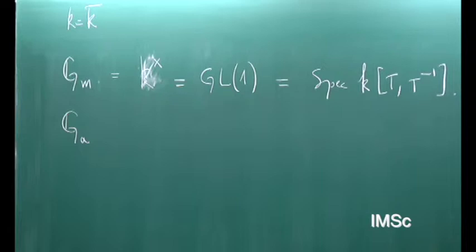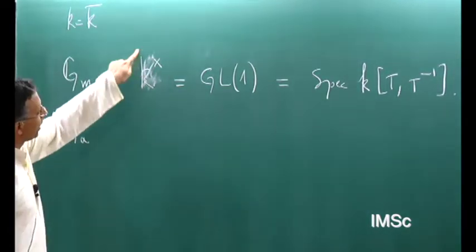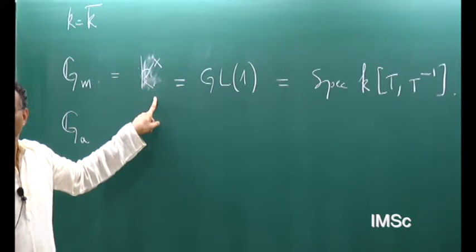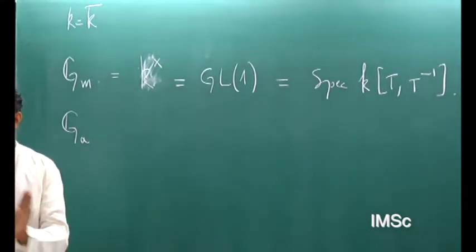Right? Because this is an open set. This is what is called a principal open set in K. That is, so